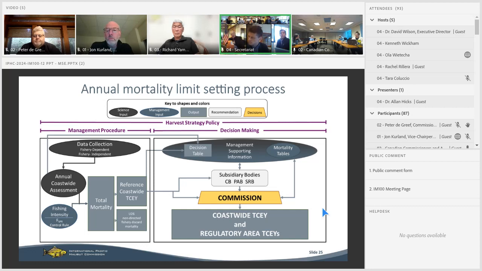Did the MSAB recommend that? I thought I read that. For running it in tandem. Well, what they recommended was considering the harvest strategy policy for adoption at this time, because it is describing how the commission actually operates. So saying that they would operate in tandem is not really the best way to characterize it. I would say adopting the harvest strategy policy would be a way of recognizing how the commission has been operating. And it's not doing two things at once. It's just adopting a guideline document that explains how the commission has operated in the past. Thank you.